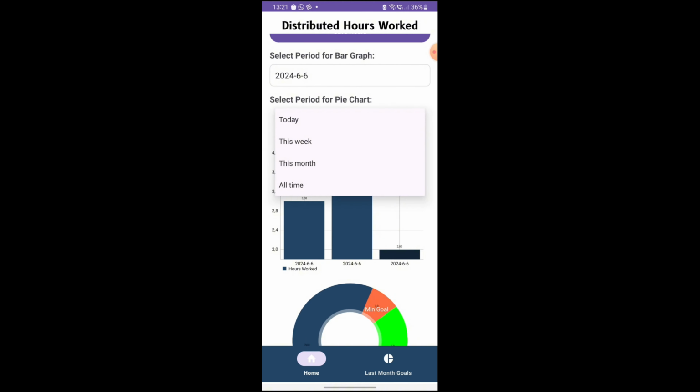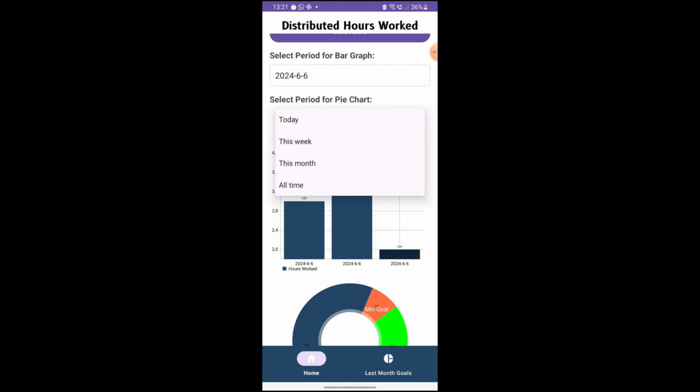So if I just select a day one more time, and I say the 8th, and I say we've worked for 2 hours now, and we save the hours, it's been saved successfully into our database. And as you can see over here, if I just run it again for the pie chart and we select today as well, sorry, if I just say this week and I go back and I say today, you can see that it's been added into our database, and we've worked for a total of 5 hours